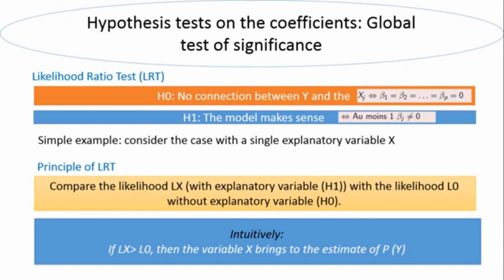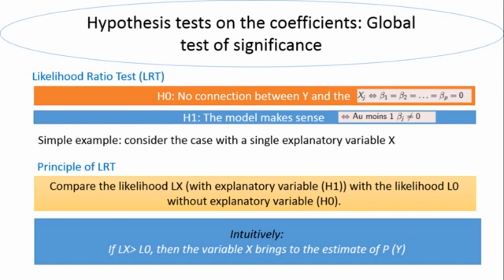We can come back to the single explanatory variable. The principle of the likelihood ratio test is to compare the likelihood L1 with explanatory variables, under the hypothesis H1, with the likelihood L0 without explanatory variable, so under the null hypothesis. Intuitively, we can think that if the likelihood under H1 is superior to the likelihood under the null hypothesis, then